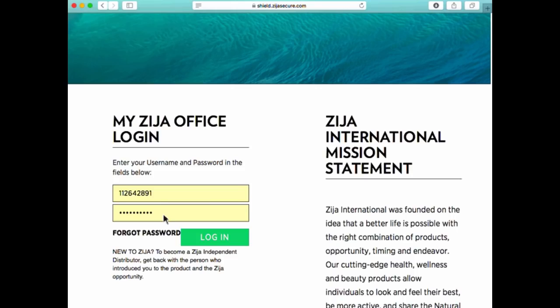You might have to search for it in case it went into a clutter folder or a junk folder, or you just didn't notice it. Just simply do the search for Zija, and all Zija related emails will come up. I would recommend creating a Zija folder in your email program so you could move all of the Zija emails to that folder. So once you get the email, you can click on it to reset your password, or it'll